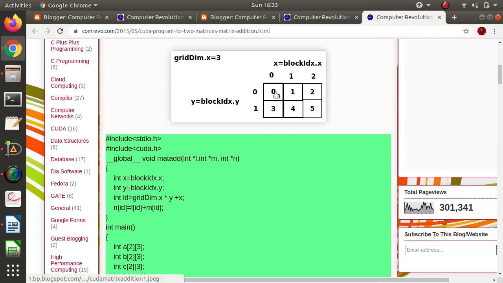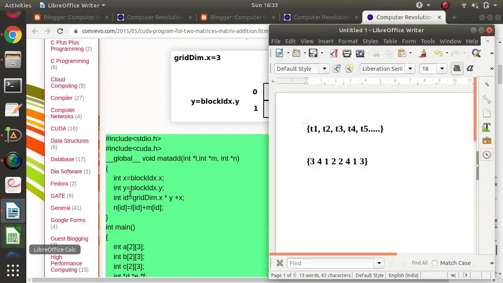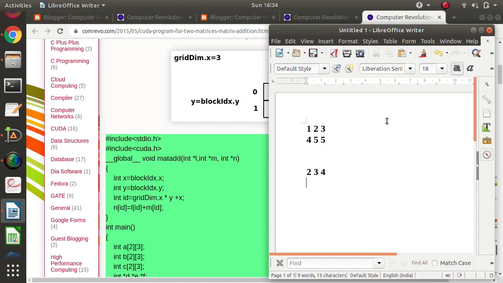So this thread will be responsible for addition of the 0th element. Then this will be responsible for addition of another element. For example, suppose our two matrices are like that, and we are adding it with some matrix.